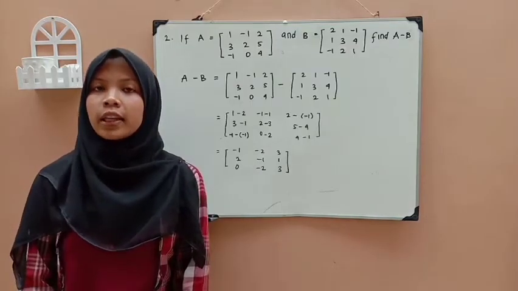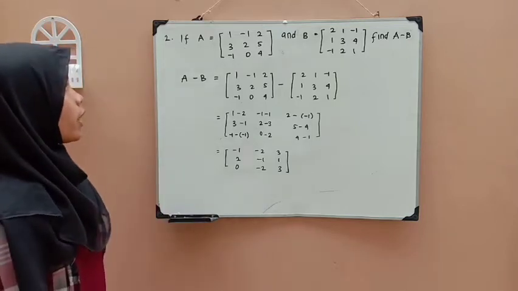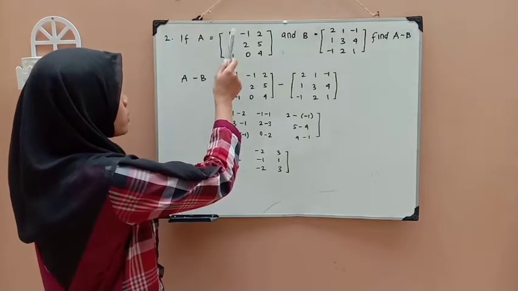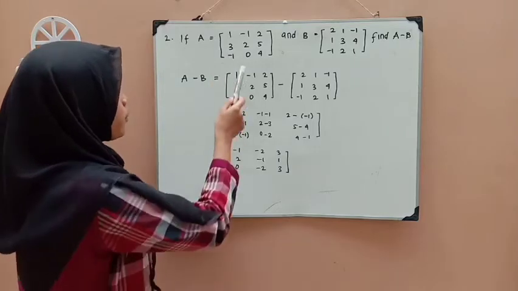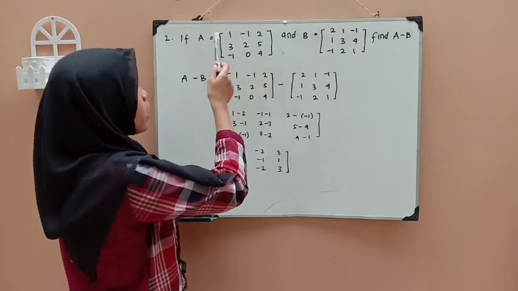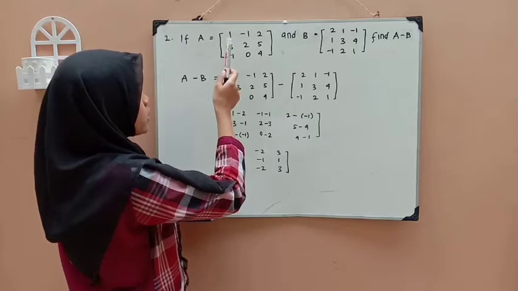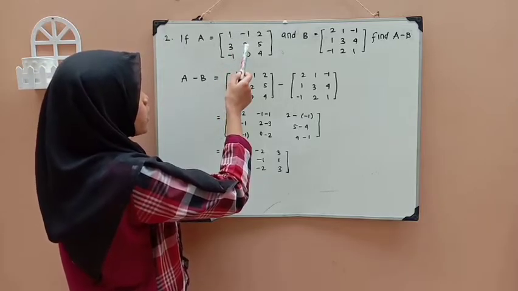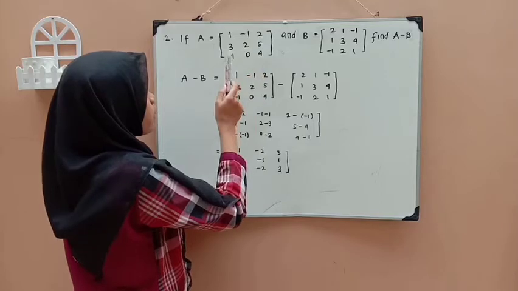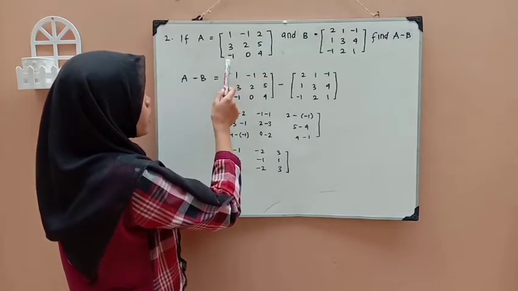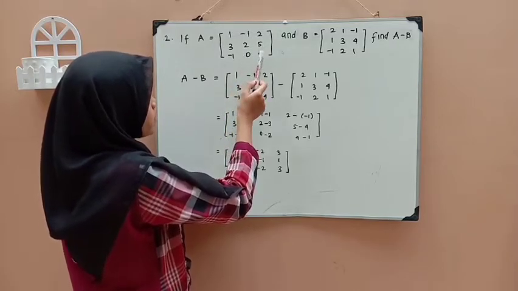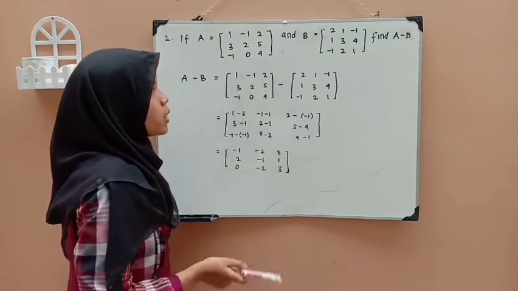Next question, that is matrix operation. If A is the 3 times 3 matrix, the entries are A subscript 1 subscript 1 equals 1, A subscript 1 subscript 2 equals minus 1, A subscript 1 subscript 3 equals 2, A subscript 2 subscript 1 equals 3, A subscript 2 subscript 1 equals 2, A subscript 2 subscript 3 equals 5, A subscript 3 subscript 1 equals minus 1, A subscript 3 subscript 2 equals 0, A subscript 3 subscript 3 equals 4,